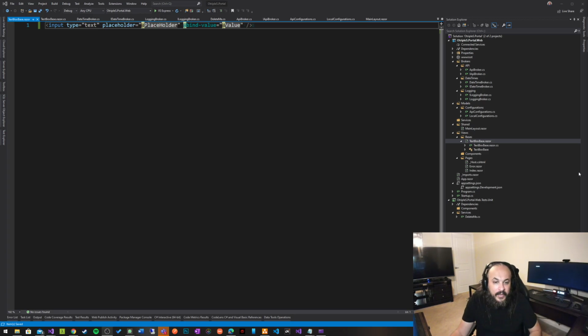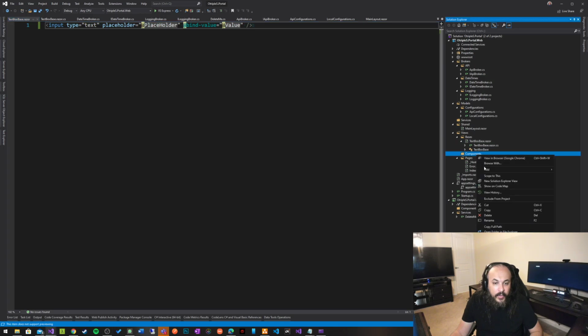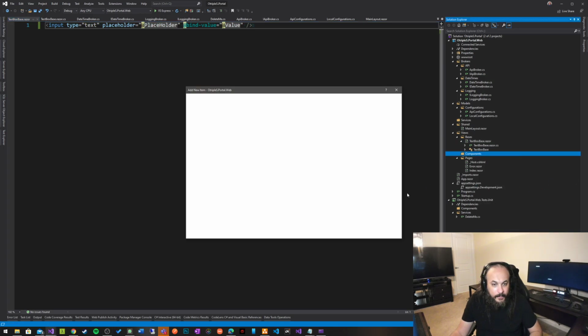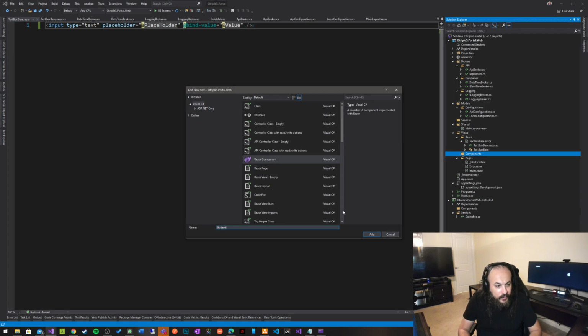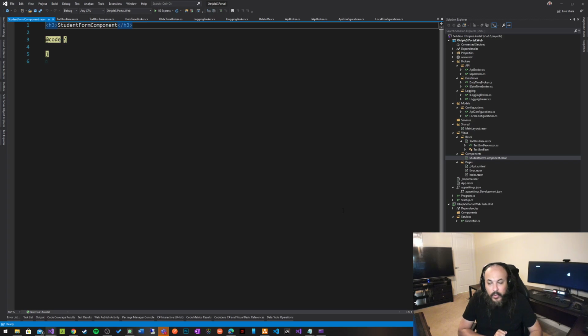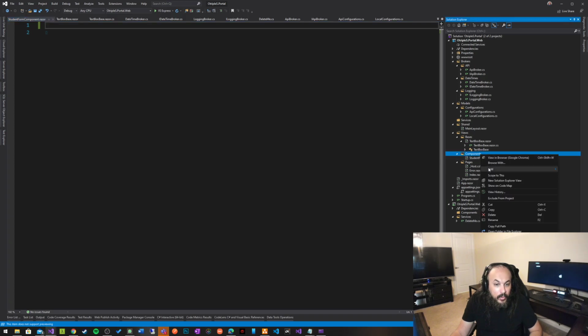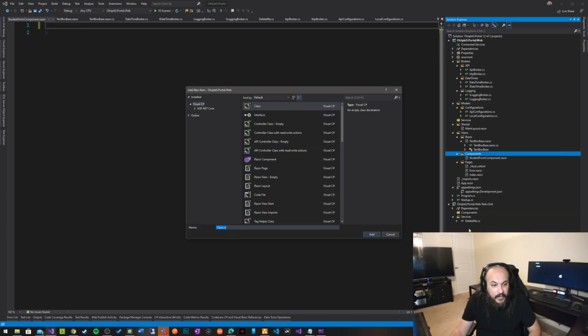So let's just go ahead in here. Let's say I have a component in here, and I'm going to call it student form component. Student form component. And this student form component relies on some base components, right? So for instance, let me build a little bit of backend for that student base component, just so you understand what I'm trying to accomplish here, right? So here's a class, student